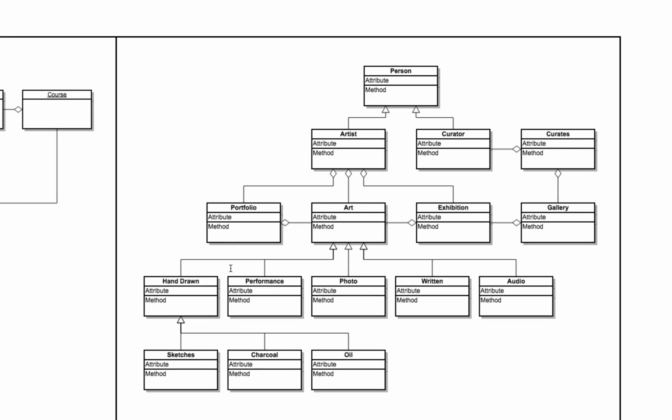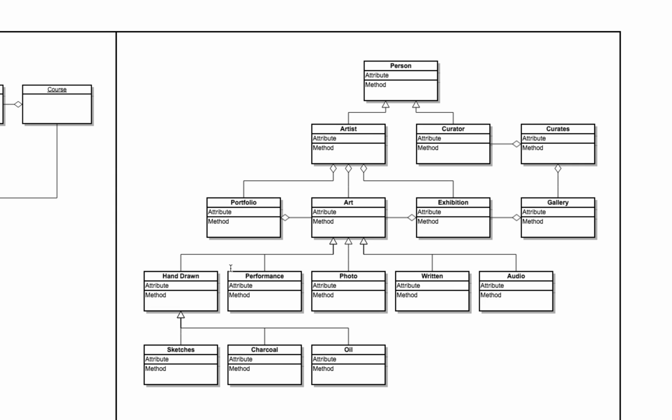Here's another one where you might have a base class of a person, and you have an artist and a creator of different exhibits and galleries, and the artist might have several types of art. They might showcase their art in different venues. They might have their own portfolio. They might have just a long list of the art pieces that they're keeping track of. They can